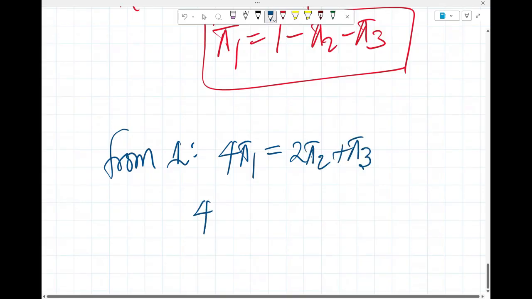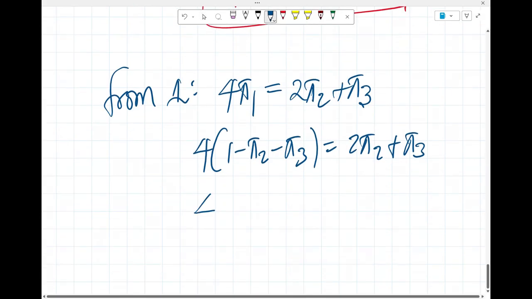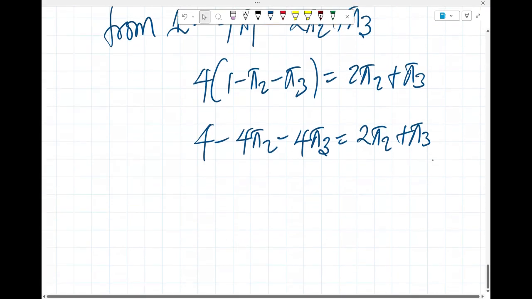So that is 4 into 1 minus pi 2 minus pi 3 equals 2 pi 2 plus pi 3. Okay, so this is 4 minus 4 pi 2 minus 4 pi 3 is equal to 2 pi 2 plus pi 3. So that this is now,